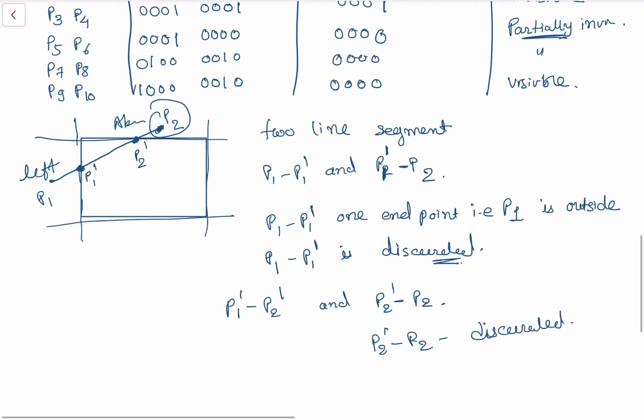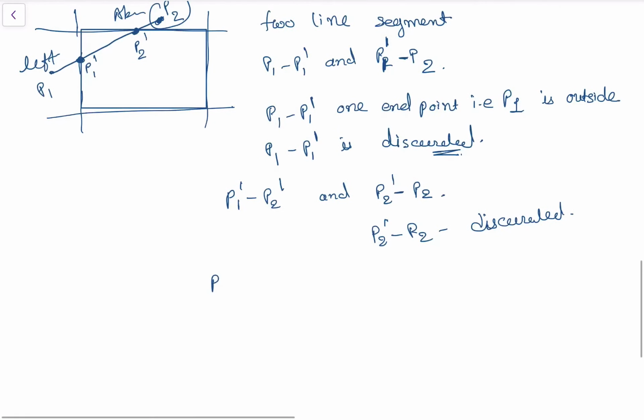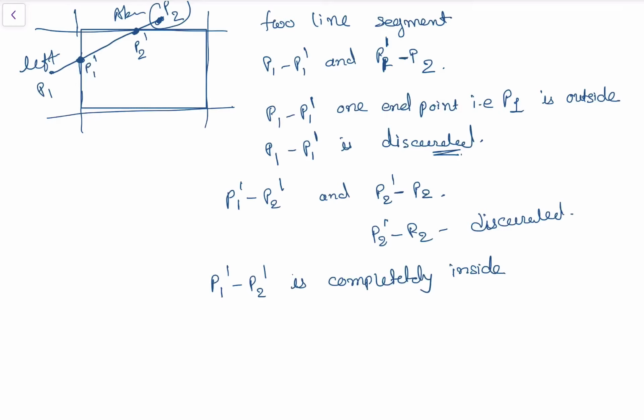The remaining line segment P1 dash to P2 dash is completely inside the clipping window, hence it is made visible. Now the intersection point with the clipping boundary can be calculated using the slope intersection line equation,